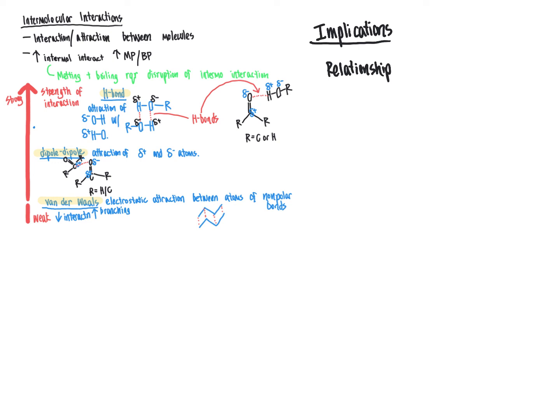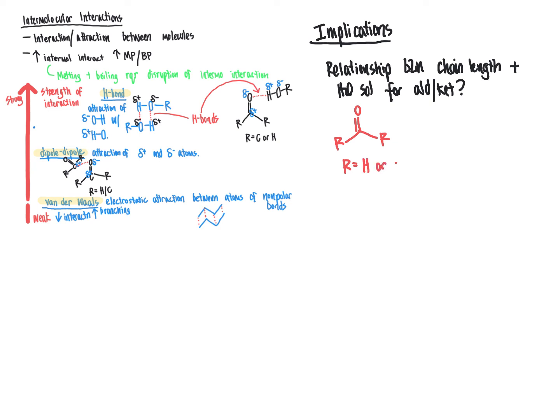So I'm going to look at the relationship between the carbon chain length and water solubility for aldehydes and ketones. Keep in mind, like dissolves like, so the more similar in intermolecular interactions the aldehyde or ketone is to water, the more water soluble it is going to be. What happens with aldehydes and ketones is that if we have relatively short R groups here, so R equals a hydrogen or a short carbon chain,